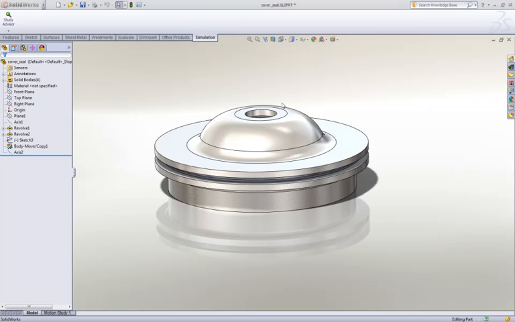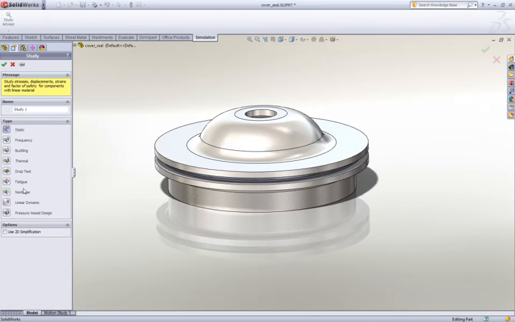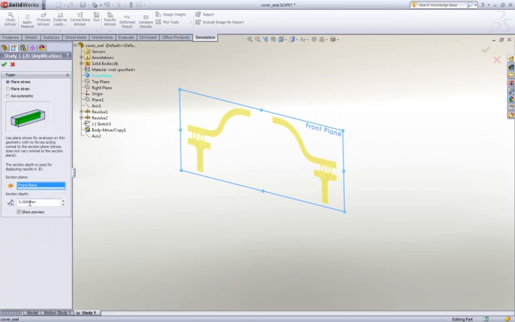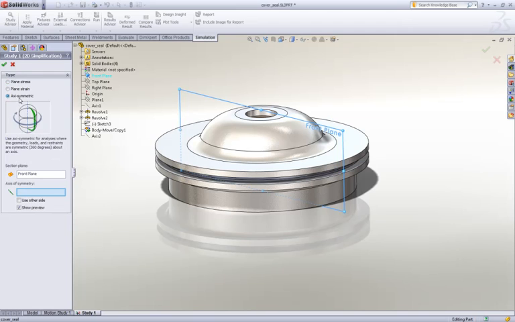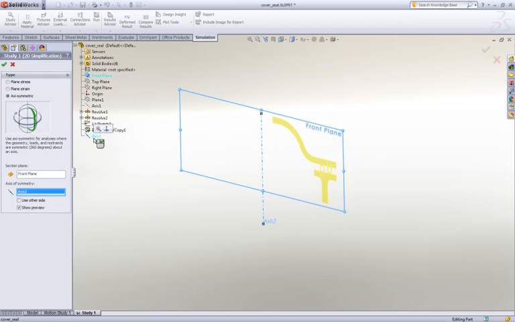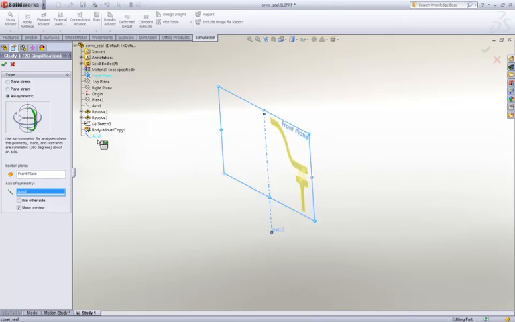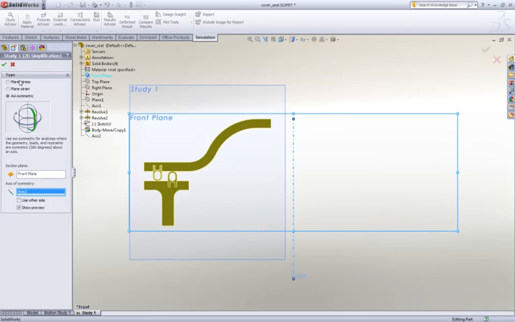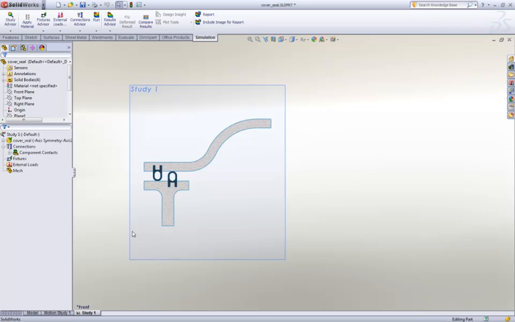Okay, for 2D simplification, there's only really a couple of things to be careful of. When you're doing the study design, one thing I recommend you do is after you pick the front plane, and we'll go axisymmetric, and then select the axes from the tree. When you start out, you'll see it's on the left hand side, it's showing the section. Leave it that way. What you'll find is after you select that, and then if you do a Control 2